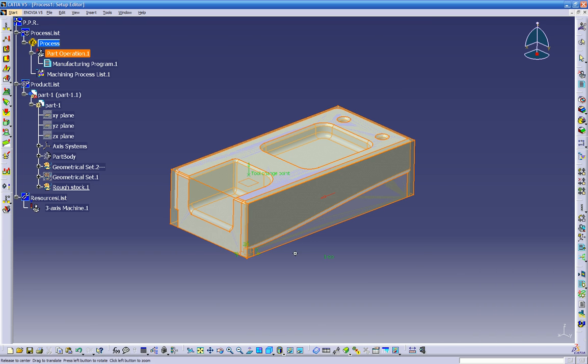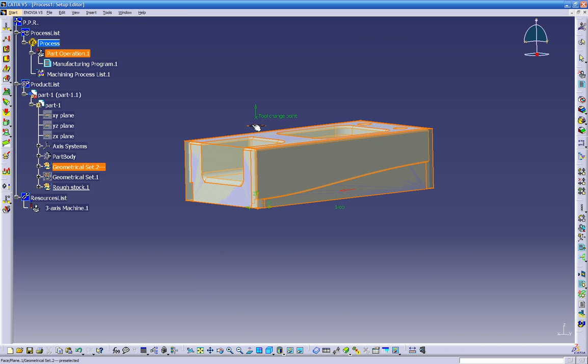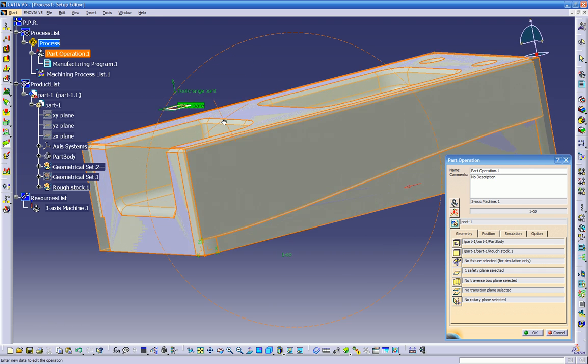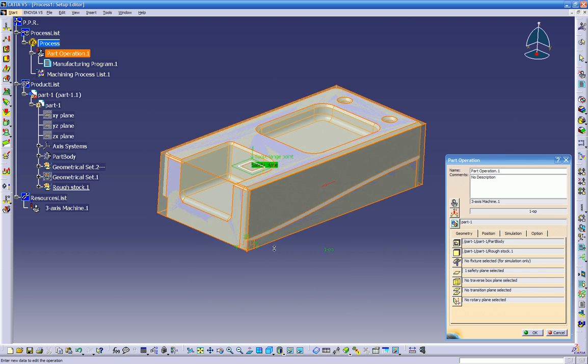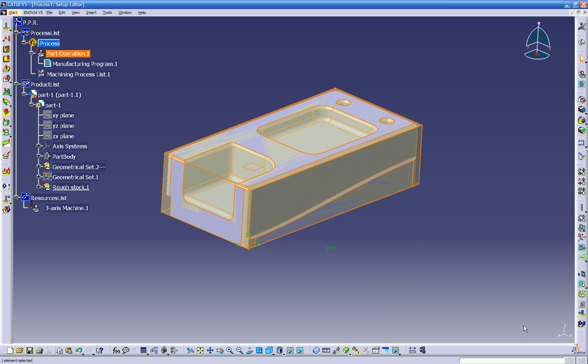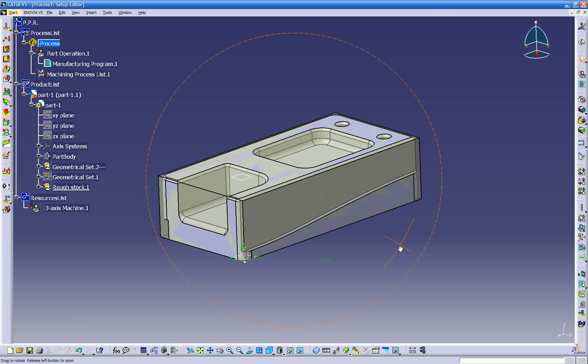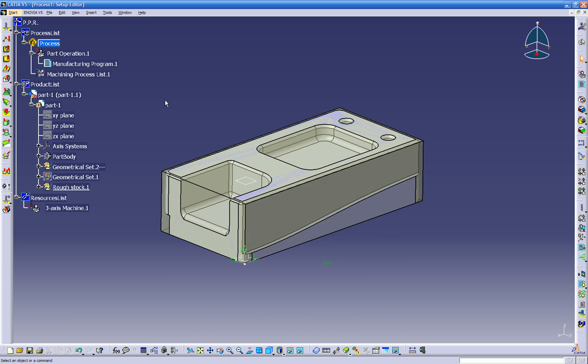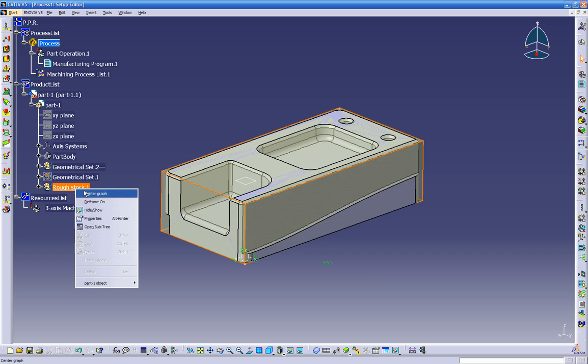Let's create now, let's select our plane. This is going to be our clearance. So see, it says right here safety plane. And just hit OK. So now we got the machine part operation set up. Let's turn this off a little bit,